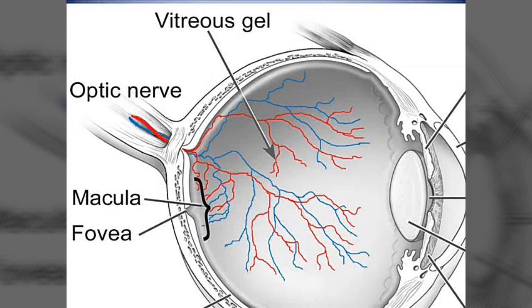To sum up then, a central retinal vein occlusion is a complete or partial blockage of the central